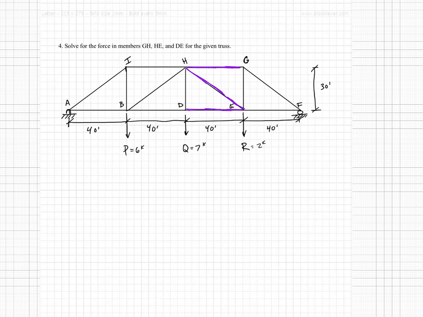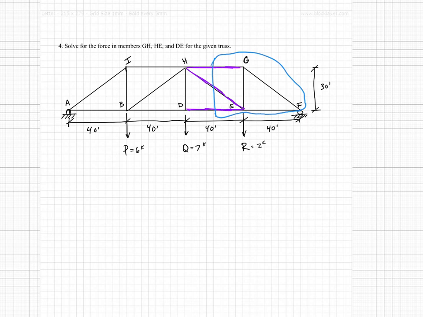Okay, so then when they're nice and clean like that, that pretty much tells us that we're going to want to do this by sections. You can do it by joints. I am not going to do it by joints because I have a life to live, and I don't feel like doing that, okay? So what we're going to do is cut it there, and what that means is I've got to get this force, whatever's going on with this roller,